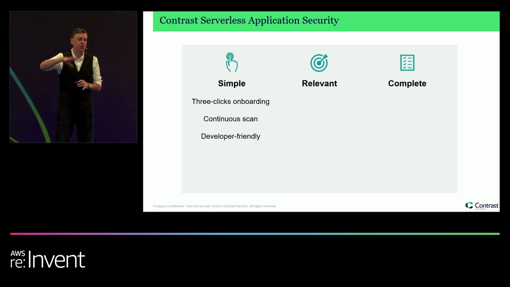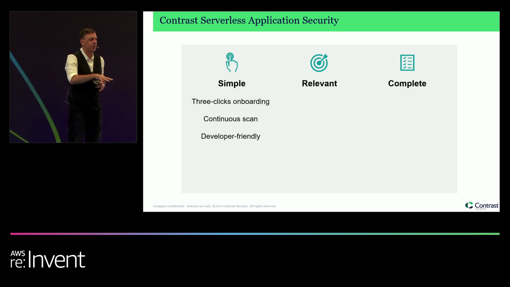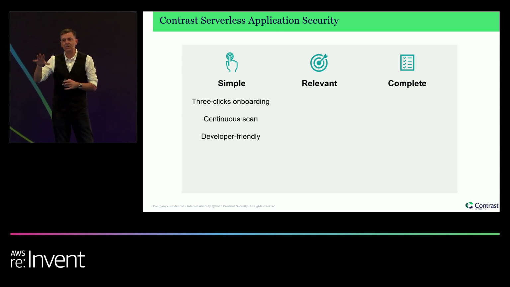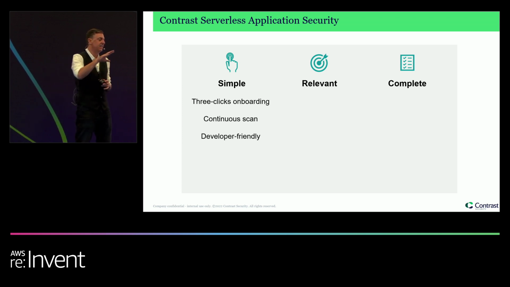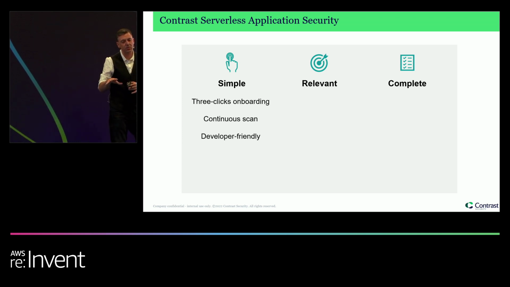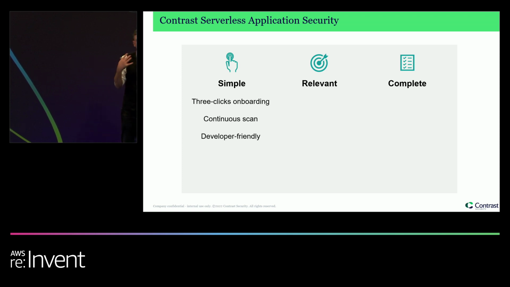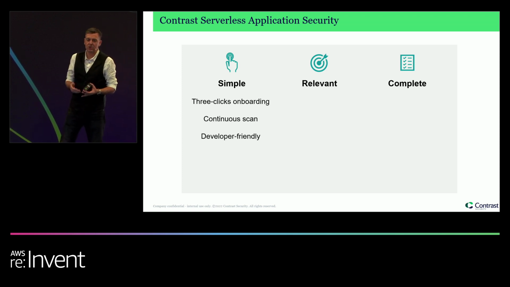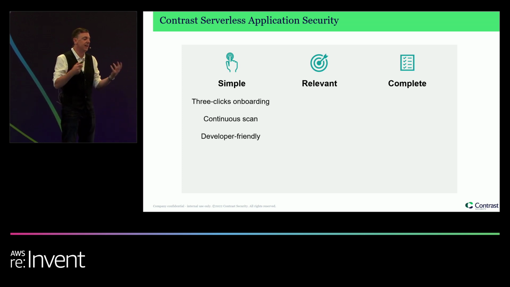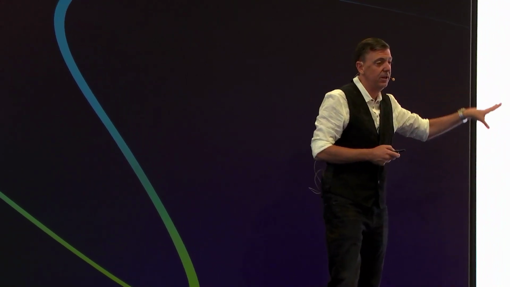Every update to your application is going to get automatically scanned for new security vulnerabilities. Anytime there's a new CVE that gets logged against one of the open source components that you have in your application, you're going to get alerted to that. So whether it's your custom code, your open source code, or changes in your identity and access management provisioning, you're covered right away. And it's really easy both for security teams and for developers.